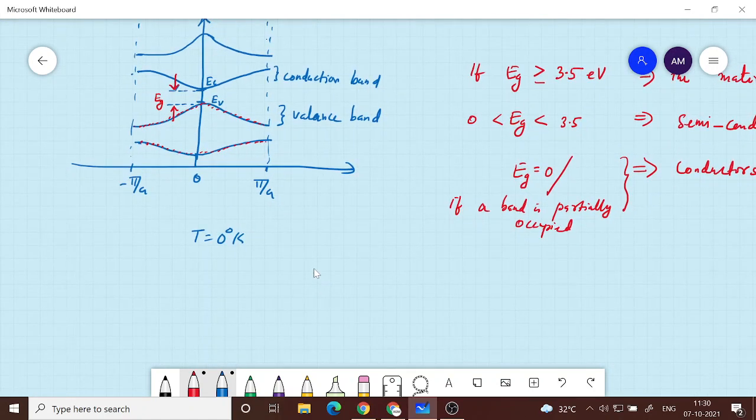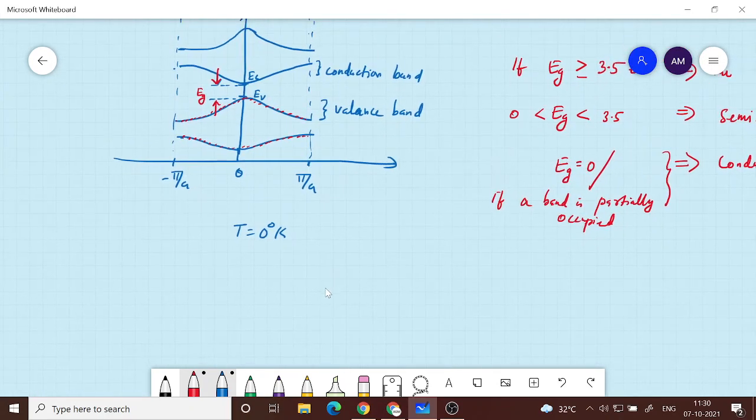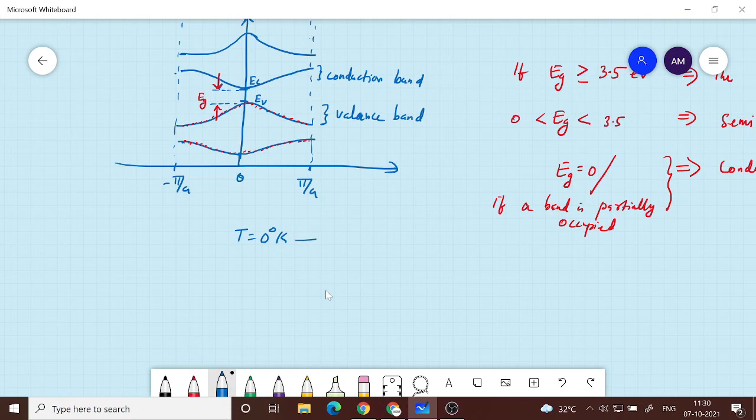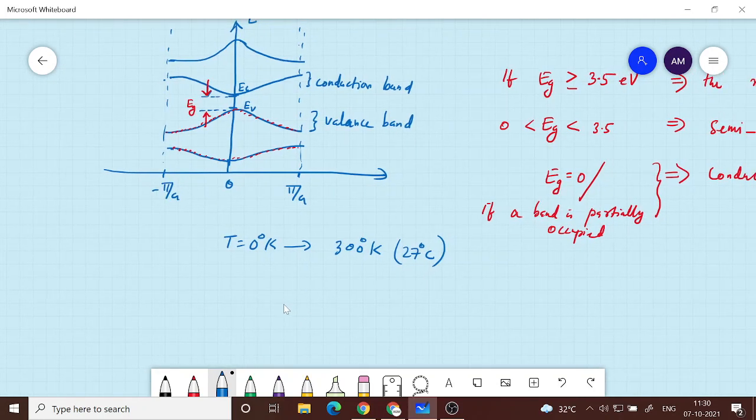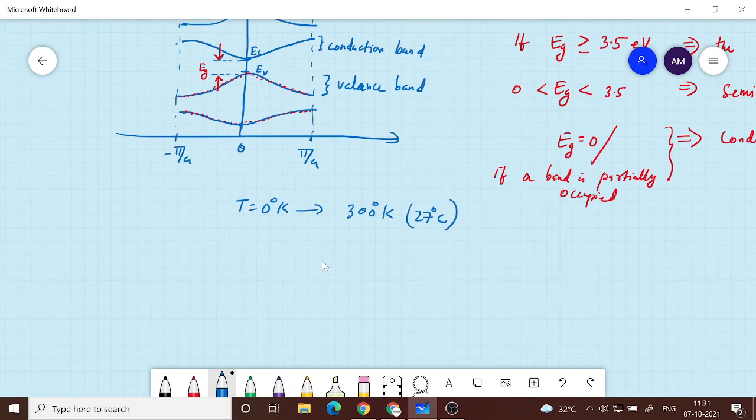The reason is that as you go to room temperature, that is, you increase the temperature to say 300 degree Kelvin, which is also about 27 degrees Celsius, what will happen if it is a semiconductor? A considerable number of electrons in the valence band, of the order of 10 raised to 10 or more, will get sufficient kinetic energy to cross the barrier. Exactly how many will depend upon the EG value. So the probability,